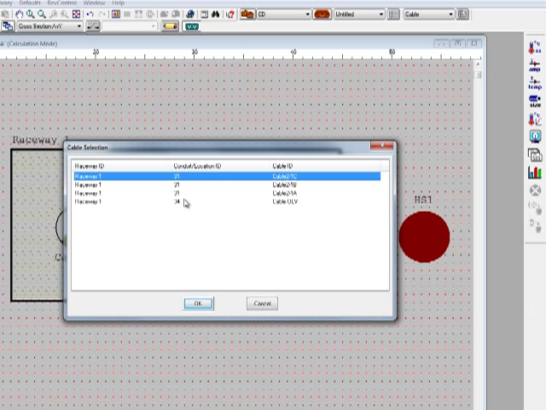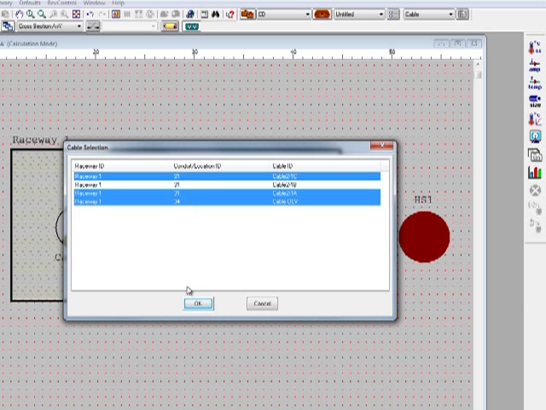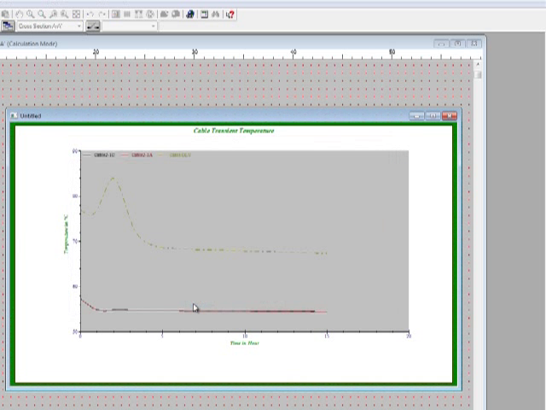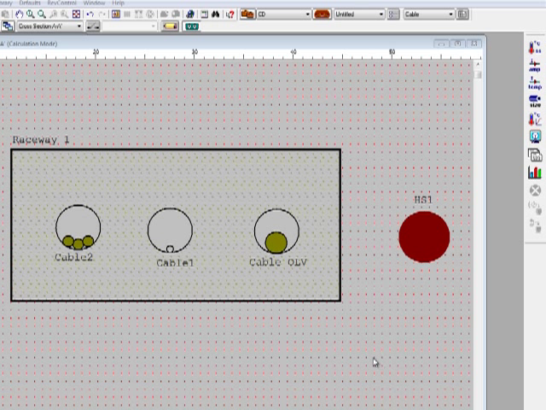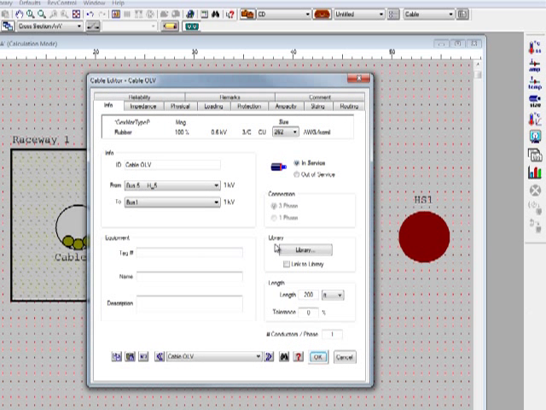If you want to watch more than one cable at the same time, press and hold the control button for multiple selection, and ETAP will show you the plot of the temperature with respect to the hours that you provided in the editor. In order to specify the load profile for transient analysis, just double click on the cable